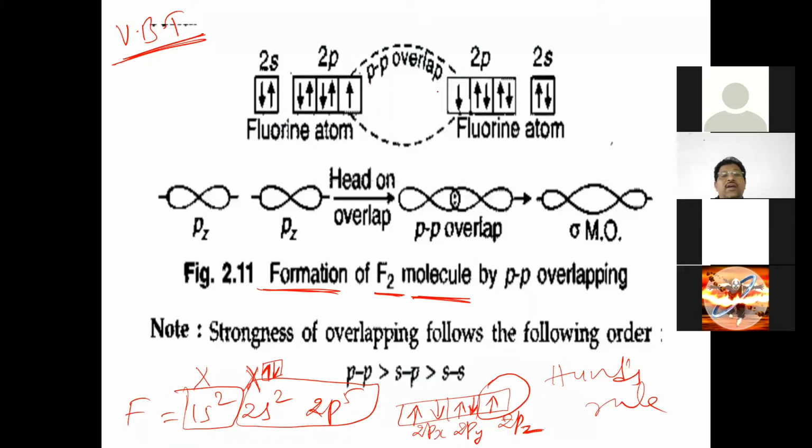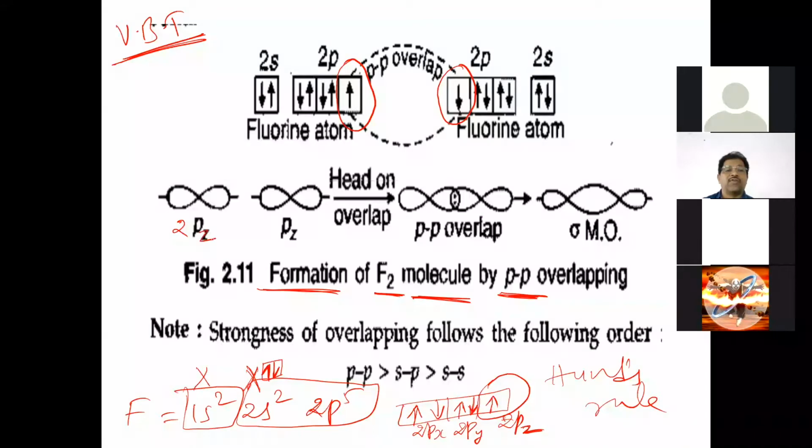with half-filled and this 2pz with half-filled will be involved in overlapping between p orbital and again p orbital. That's why it is called pp overlapping. In this p orbital, the electron is clockwise spinning, and here the electron is anti-clockwise spinning. So the clockwise and anti-clockwise spinning electrons from two half-filled p orbitals will overlap with each other. So, in the formation of the fluorine molecule, pp overlapping is involved.